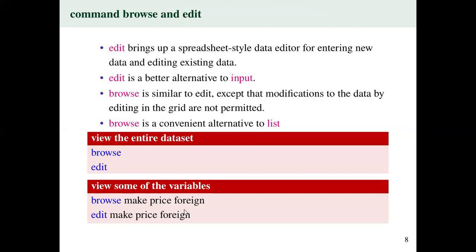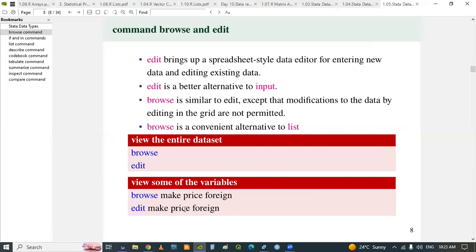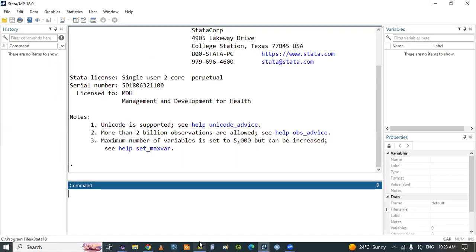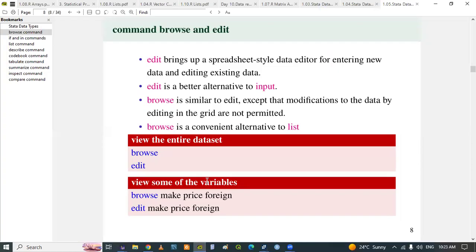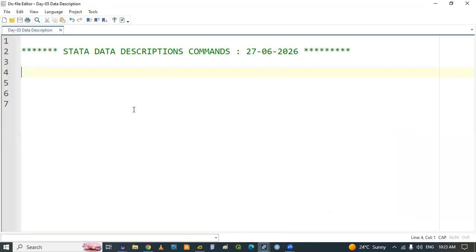The command browse, we have seen this earlier. I think it was in day 1 when we were doing Stata windows. Among the 10 windows of Stata, one of them is the browse window or edit window. Why is this important? Because most of the time, we prefer to see our raw data with our naked eye. So the first one that you're going to learn is command browse